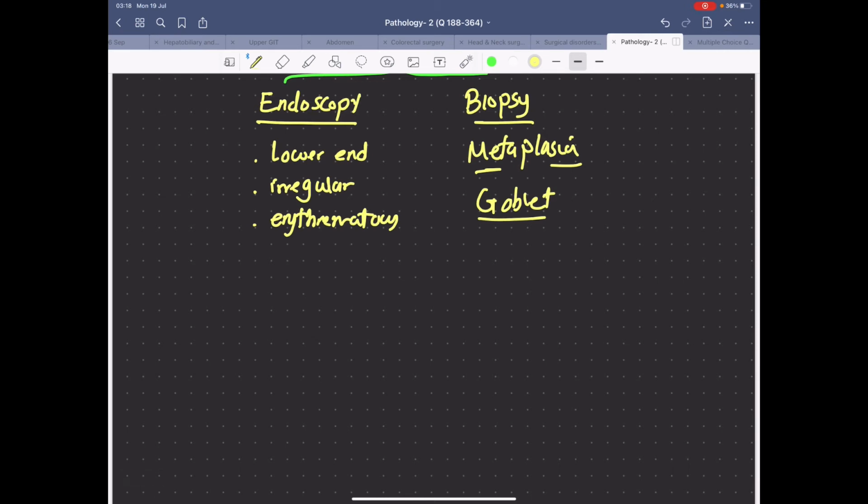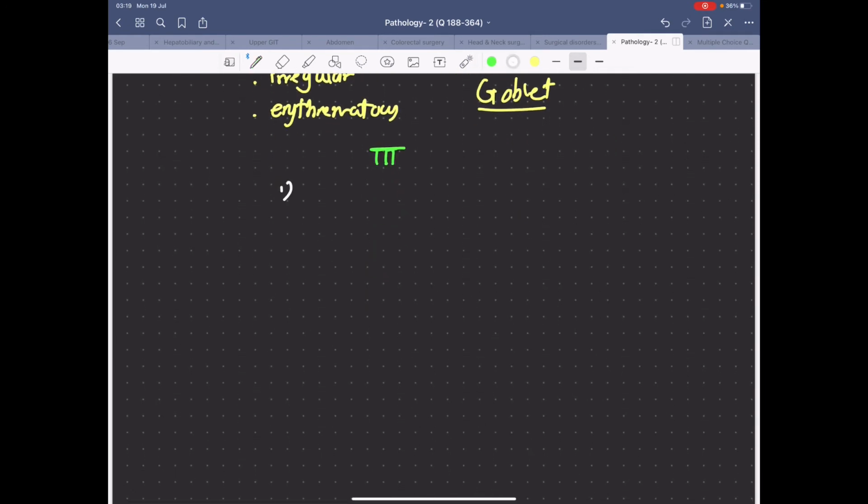So what to do next if you diagnose the patient with Barrett's esophagus? How will you treat them, or what will be your plan? So number one, we need to relieve the symptoms by giving proton pump inhibitors. Number two, we need to ask them to change their life, meaning,